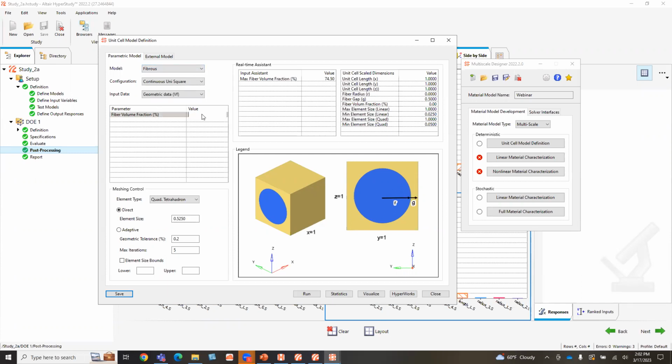I'm going to say my fiber volume fraction is going to be 30%. And what it'll actually do is it will kind of create how it's going to mesh the individual elements and how the material card is going to be applied. That's what you see right here, the meshing control that's being applied. I'm just going to specify just an adaptive setting, so it's going to automatically kind of create that mesh for me. So what you'll see if I hit run,